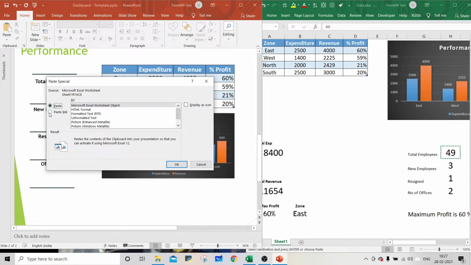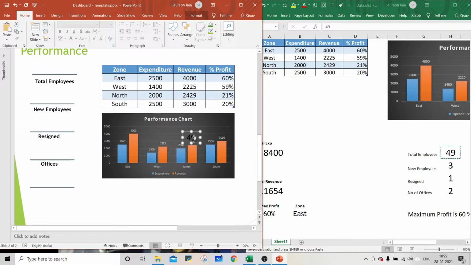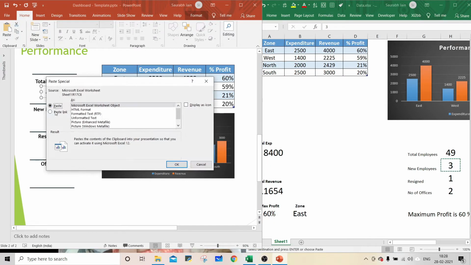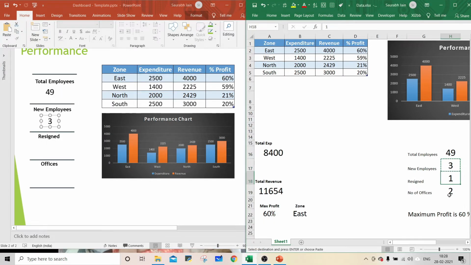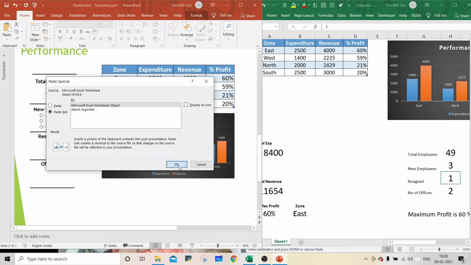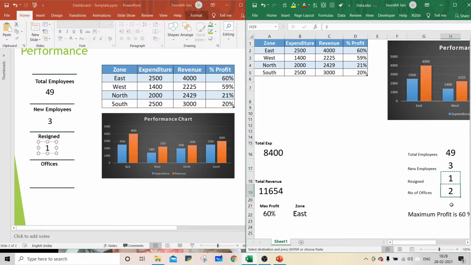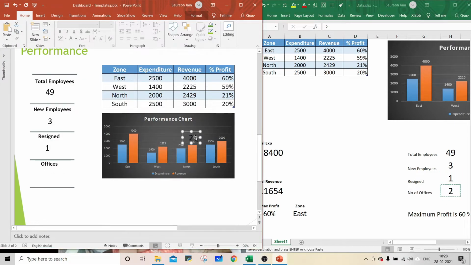In Paste Special, select the Paste Link option button, select Microsoft Excel Worksheet Object and click OK. The data is copied. Move it to the required place. Now similarly, copy all the other required data from Excel cells to the PowerPoint slide using the same steps.